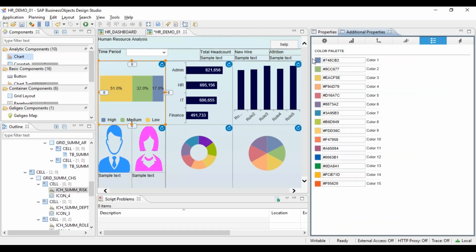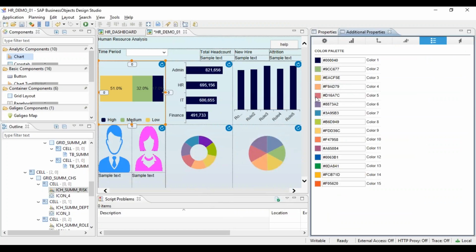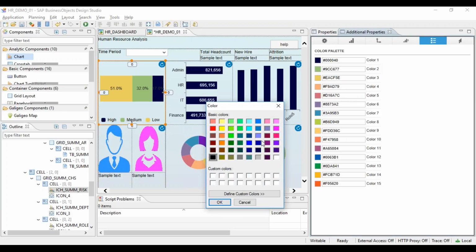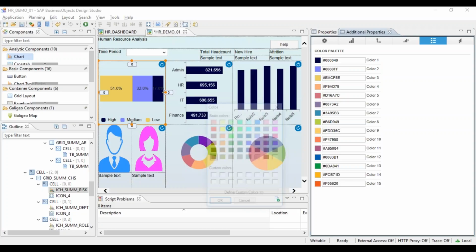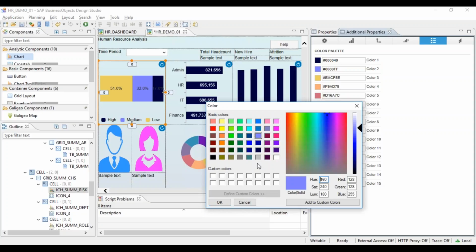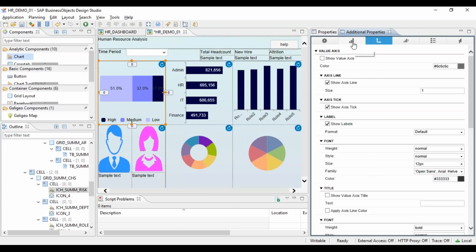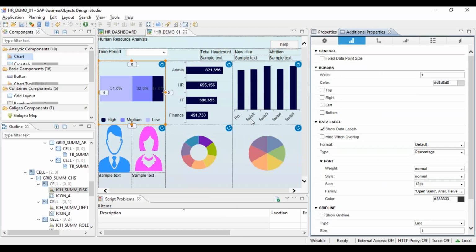And then we can change the colors. And then data labels, again, you can change the color of the data label.